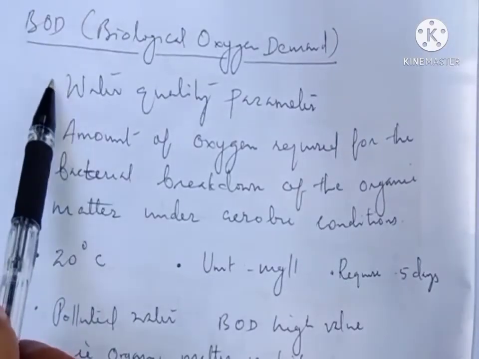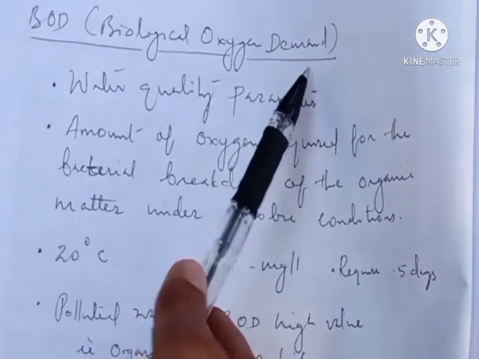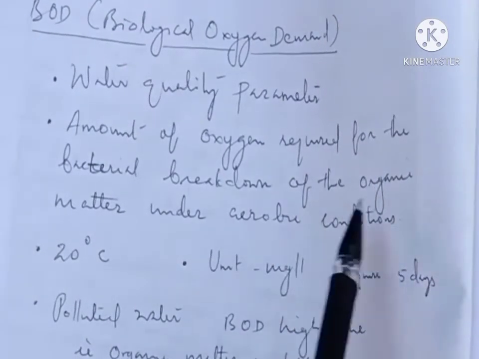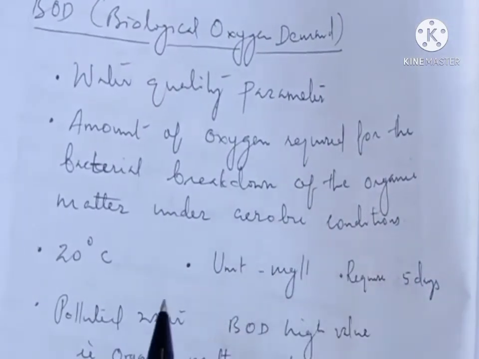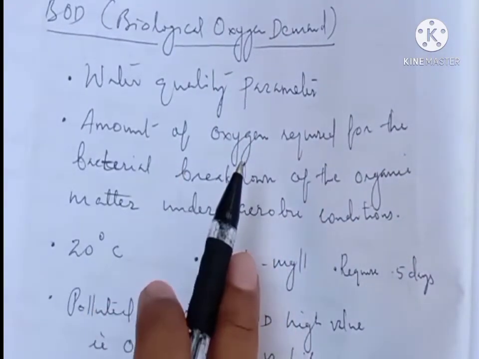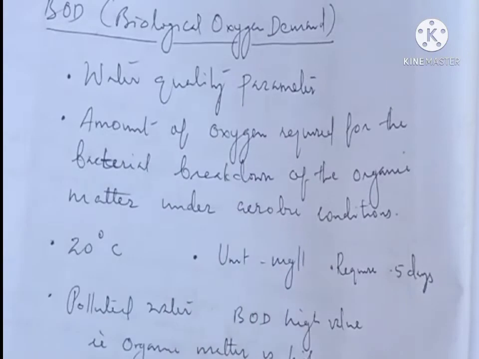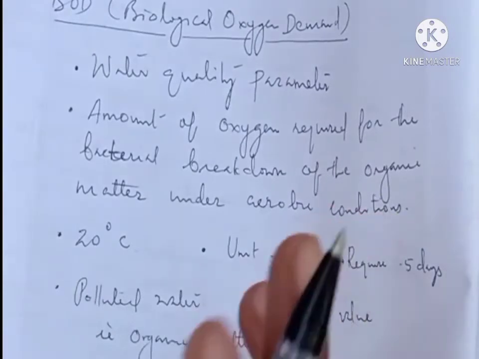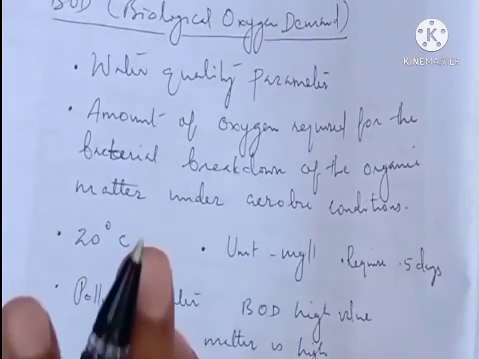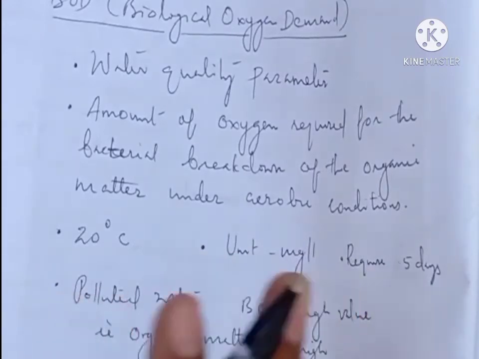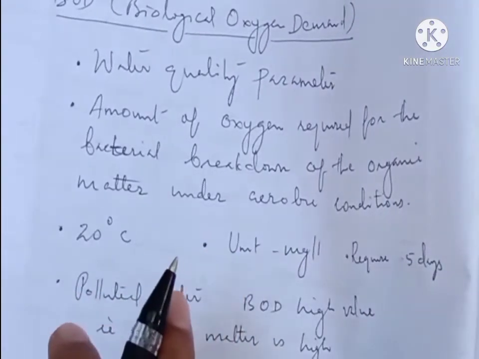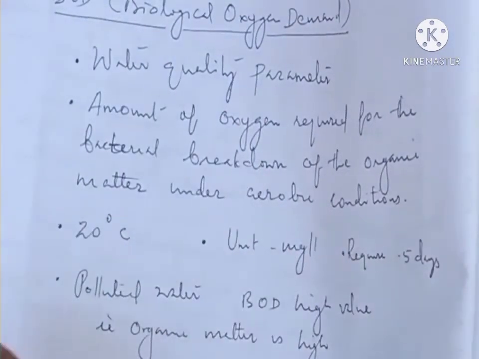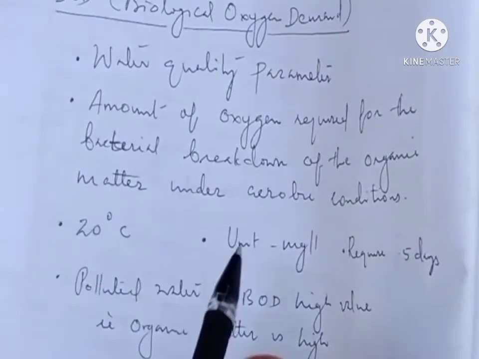The second one is BOD or biological oxygen demand. It is the amount of oxygen required for the breakdown of the organic matter under aerobic condition. That is, normally the organic matter in the water bodies is decomposed by the bacteria present within the water bodies. Some of the bacteria are aerobic and the breakdown is done in aerobic condition, and some in anaerobic condition. But here BOD indicates the amount of oxygen required for these bacteria to break down or to decompose the organic